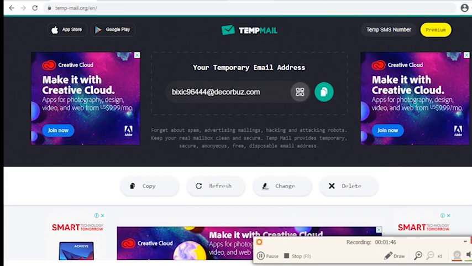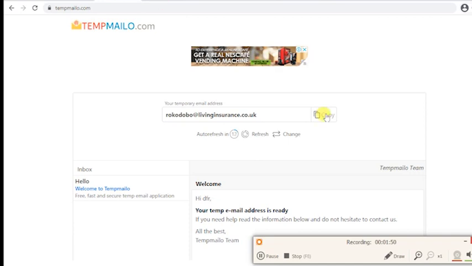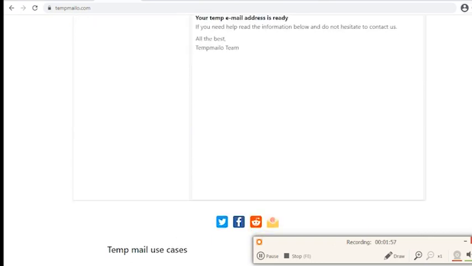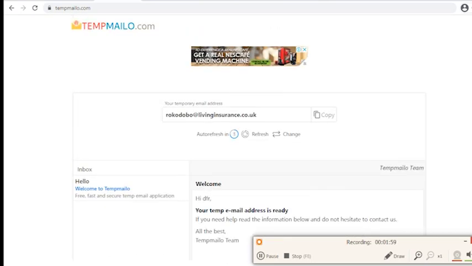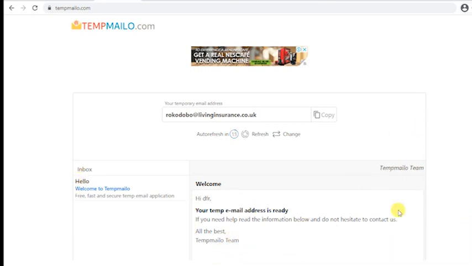Now this is the second one. Here also you can have an inbox, line by line, and you can change whatever email address you have been given.